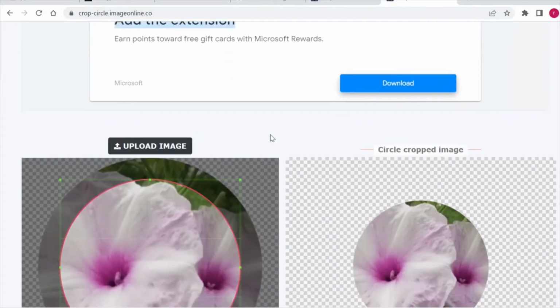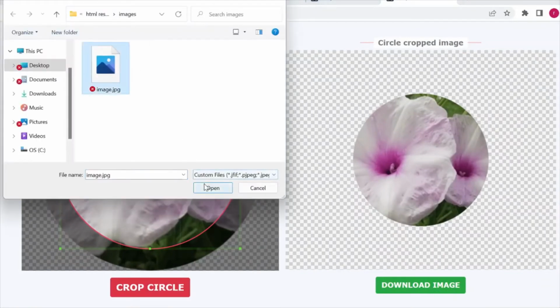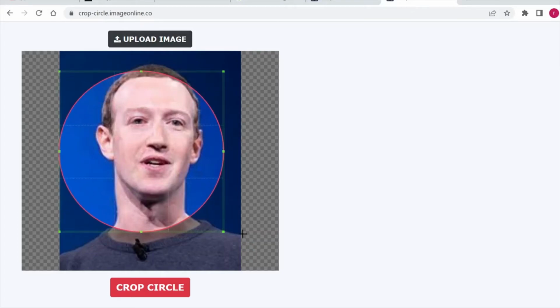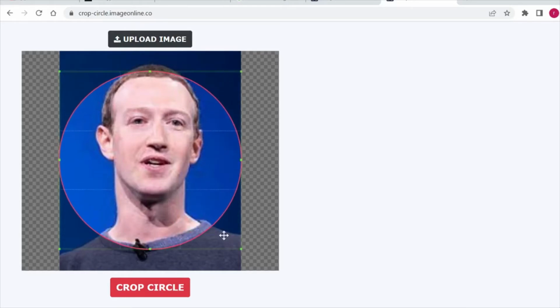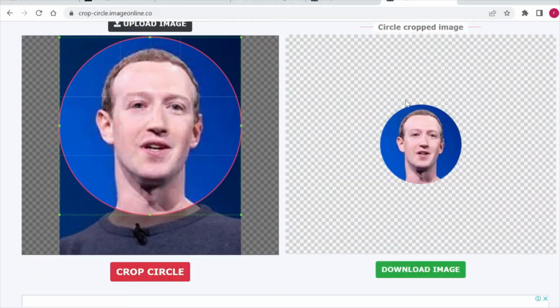Now we need to upload our image, so I click on upload image and upload my image. Now I focus on the section which I need on my site, basically the face area. Now I am going to crop this circle, and you can see that our image will look something like this. Now I am going to download this image.